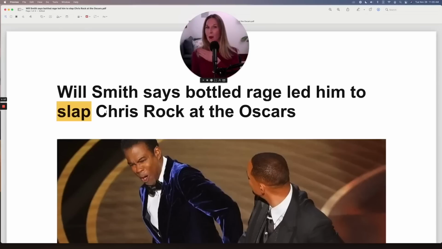So slap. This is slap. It's a verb, to slap. It's very commonly associated with violence, so in a negative way. However, you could slap a mosquito or a fly on your arm, for example. So you can use it in other contexts, but more commonly used in violence, fighting between two people.